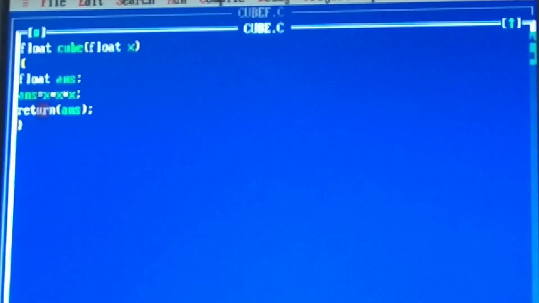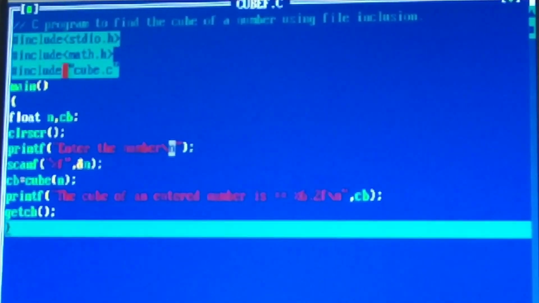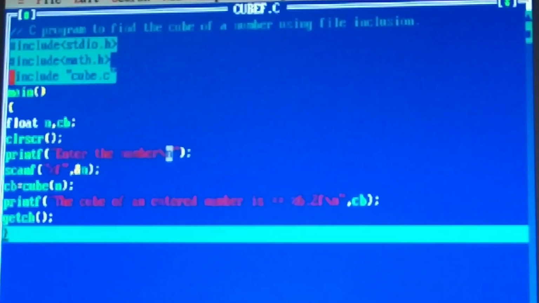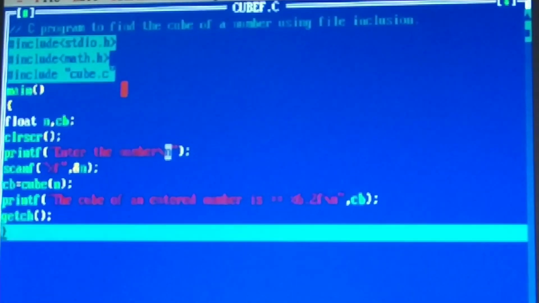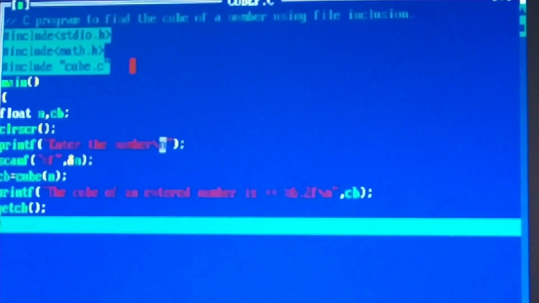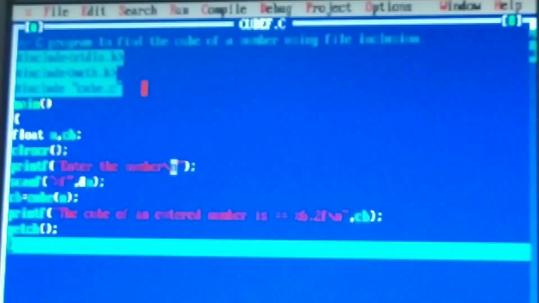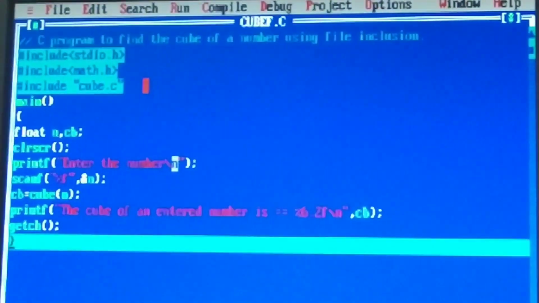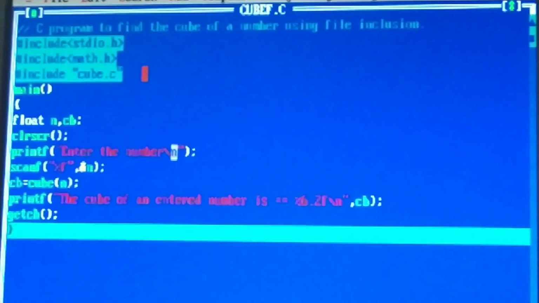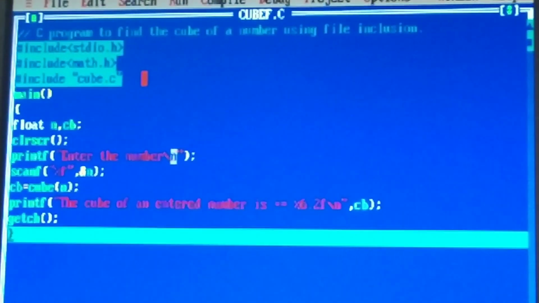We will attach this file to the main file using the file inclusion directive, or we can call it a file inclusion statement here, that is #include cube.c. So this is how the file inclusion directive inserts external files into the main program. This is about the file inclusion directive in the preprocessor directives.